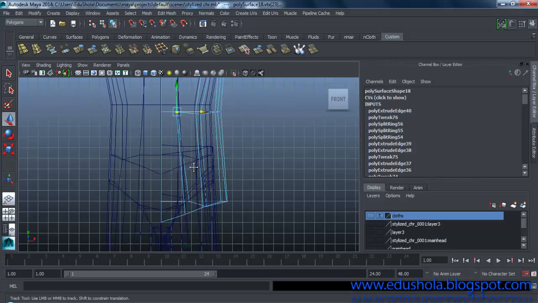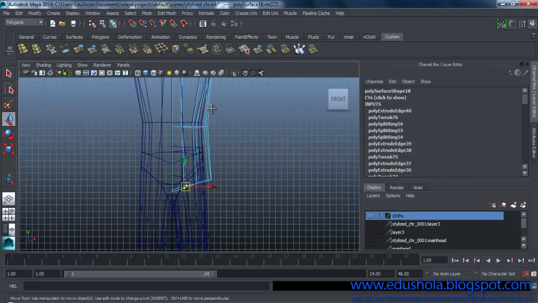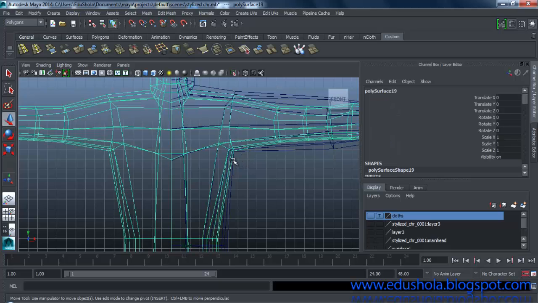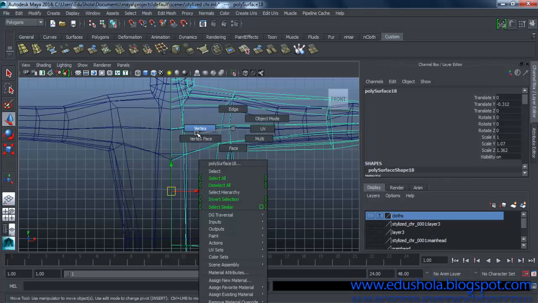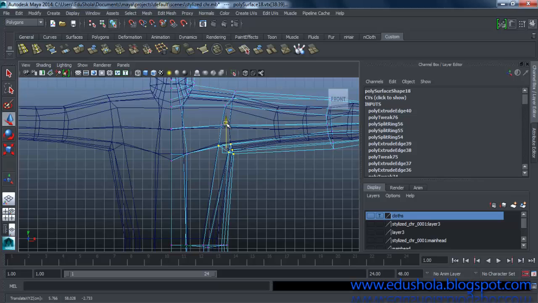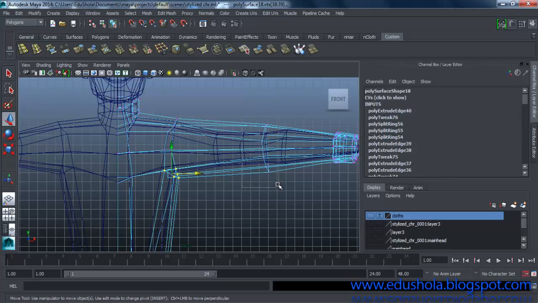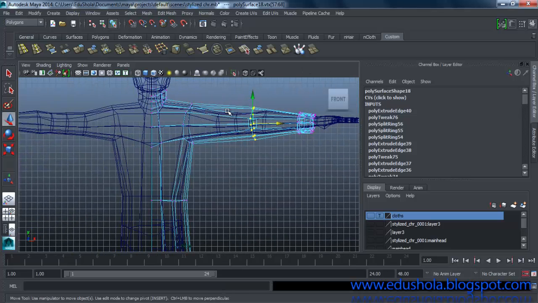Shape it. Okay, so now that we're done with that,